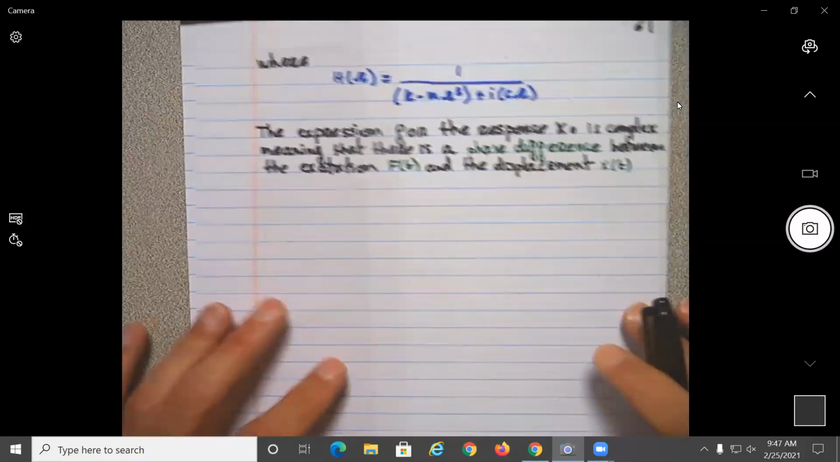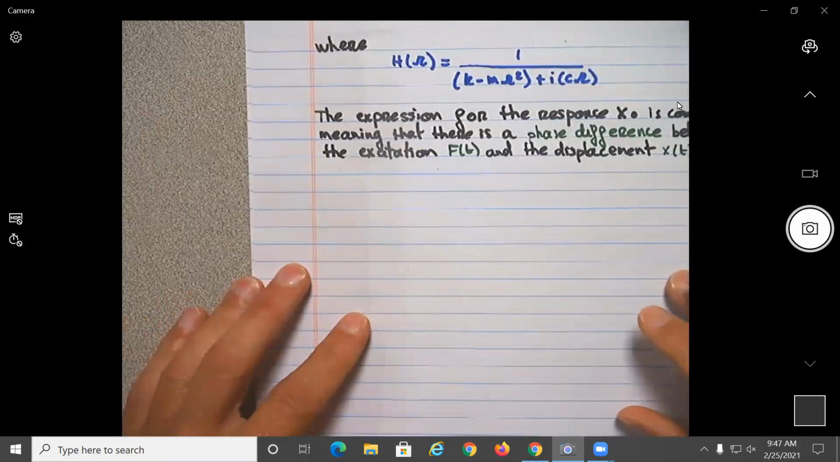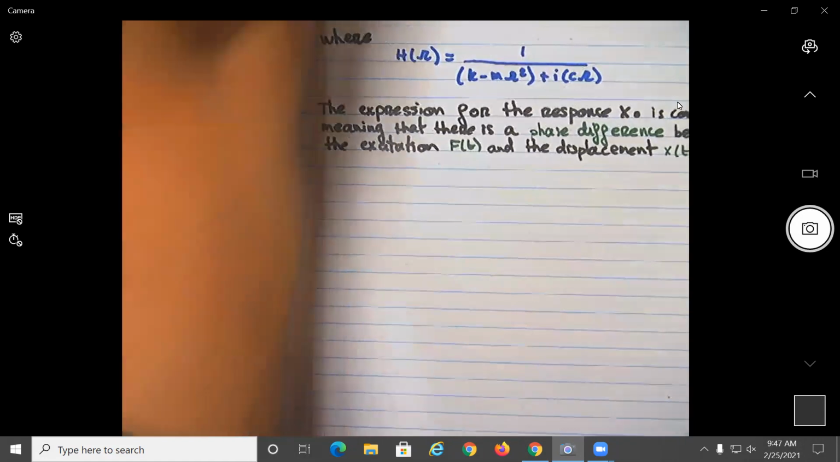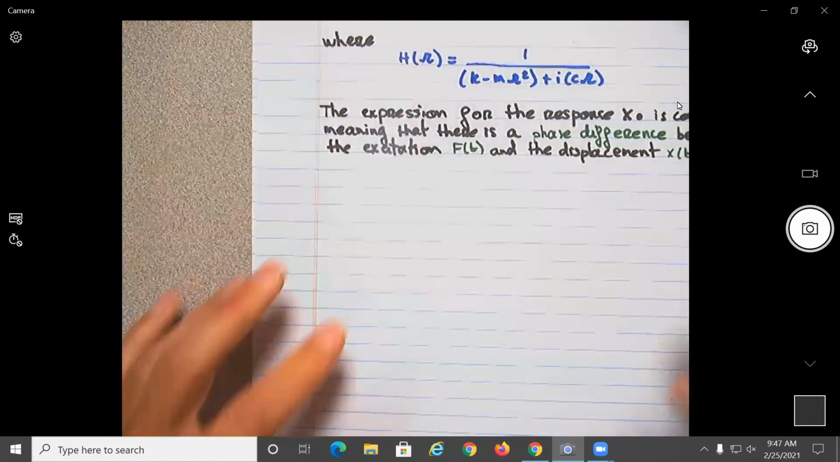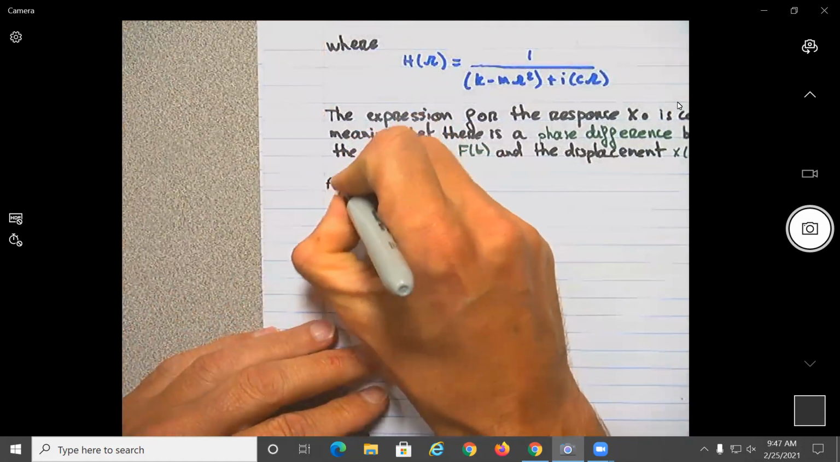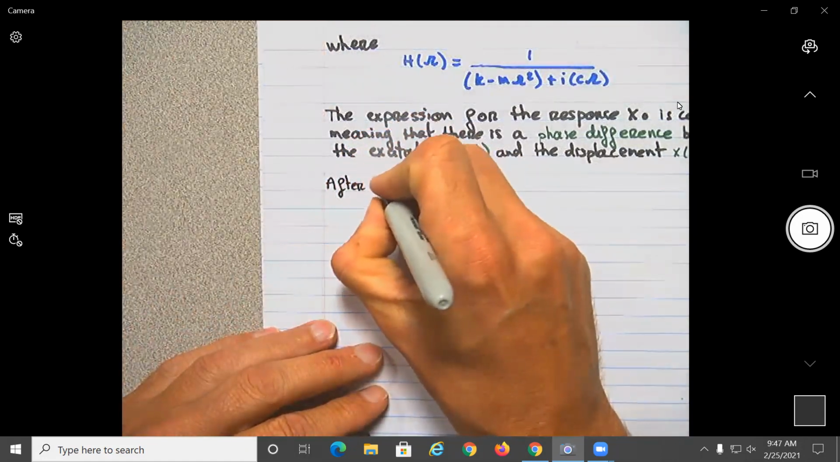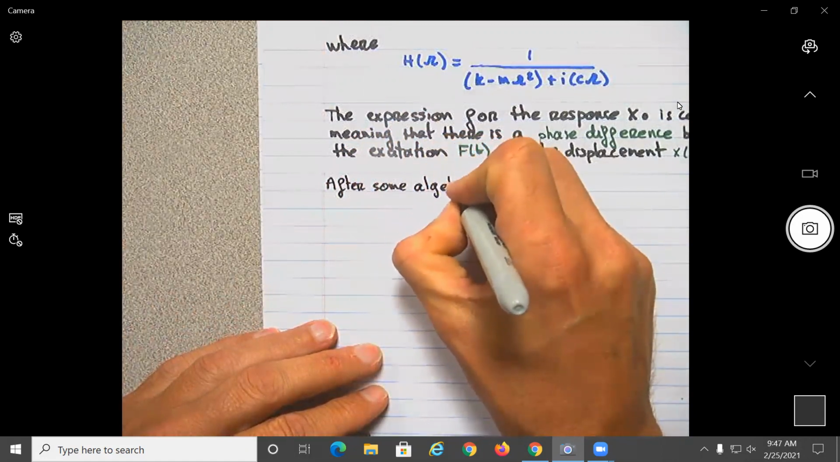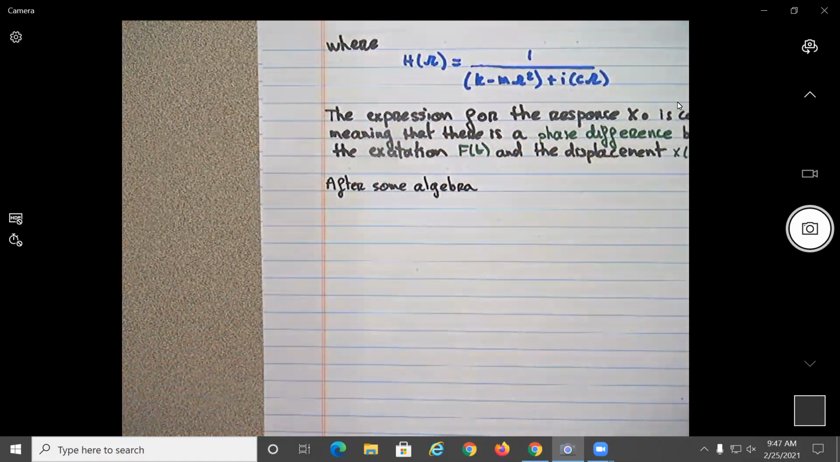All right, so that's not going to move more. So after some algebra, which we're going to do, so basically we have,